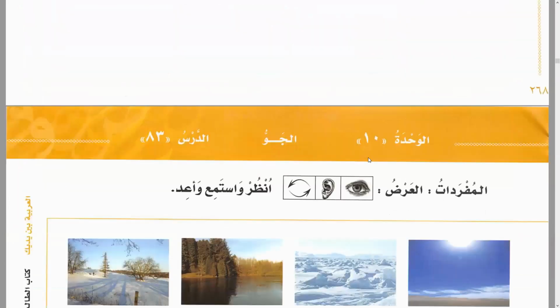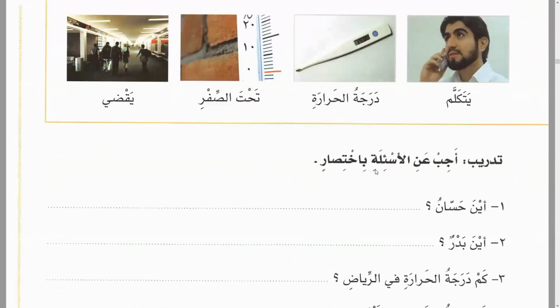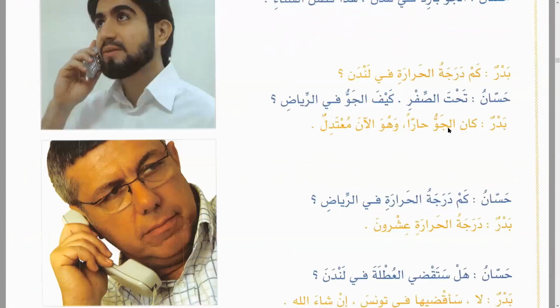Right? So alhamdulillah, these were the two we learned here about kana. Very important because kana is he was. Because how do you make the sentence then in the past tense? Instead of saying the weather was, we could use a verb, but there's no verb here. We have to use kana because there's no action here. I said the weather was hot. There's no action here. So that's what the kana does. The kana changes the sentence into the past tense.